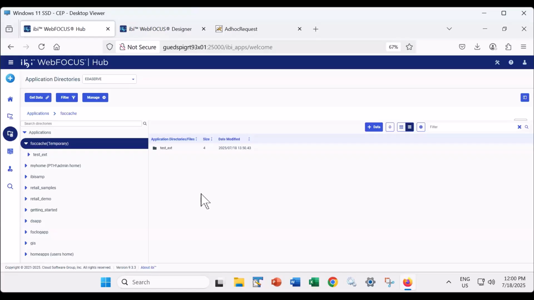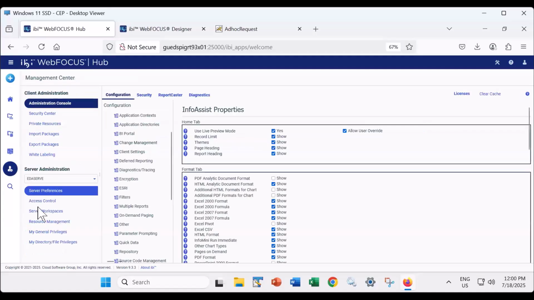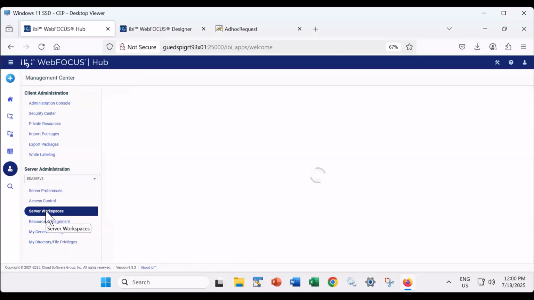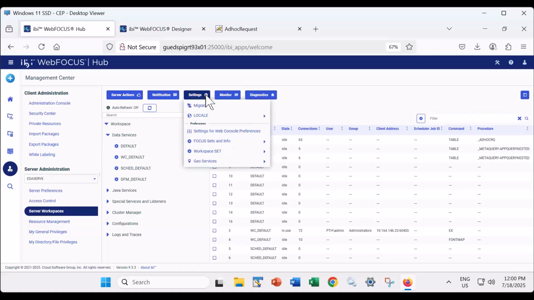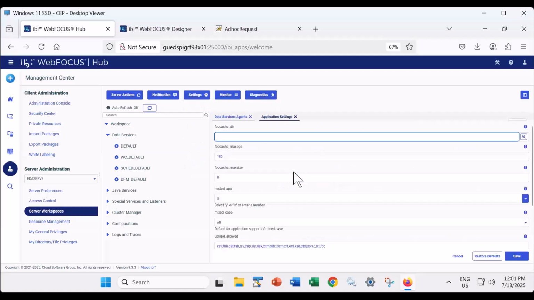It is obviously removed if the user logs out of their WebFOCUS session, or it reaches an expiration limit. And so if I were to go here to server workspaces, again, this is more an administrative level, but doesn't hurt to mention it, and go to settings and workspace set and application settings, you'll see that there's a FOCUS max age, and by default it's 180